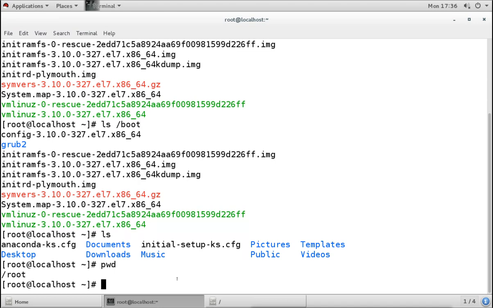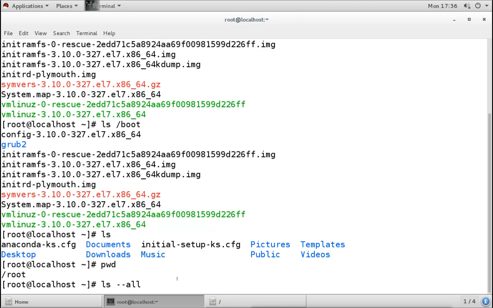There are two ways of adding options. This is the main command. Then for adding an option we have two ways: first, the full way, and second, a shortcut. The full way is like this, hyphen hyphen, and then you mention the full option. I am saying --all. So this is a way to give a full option.